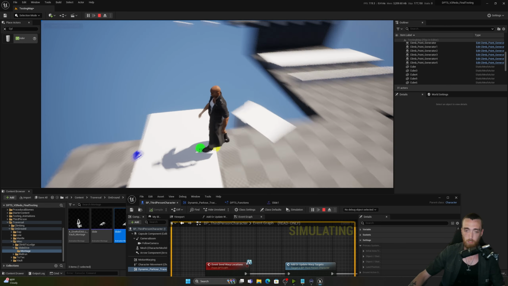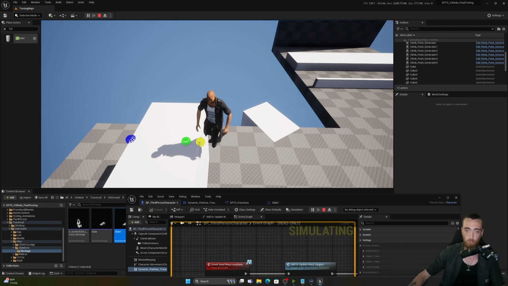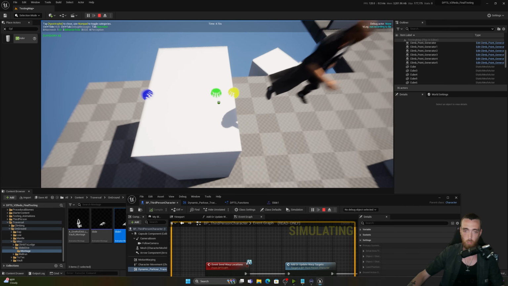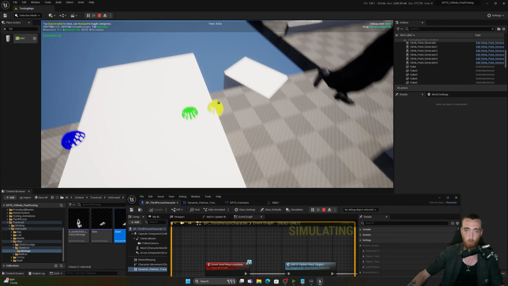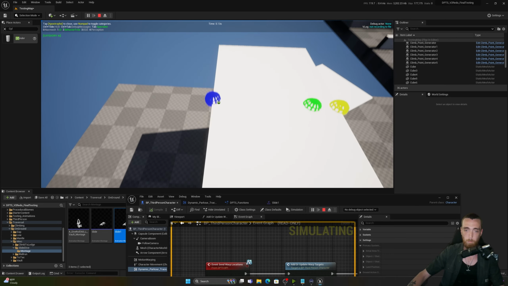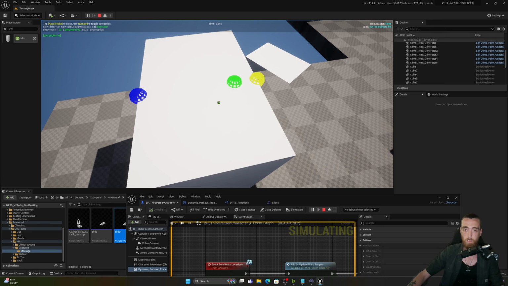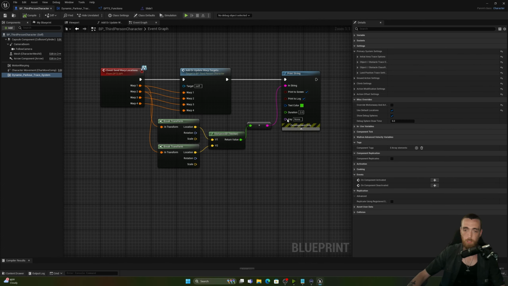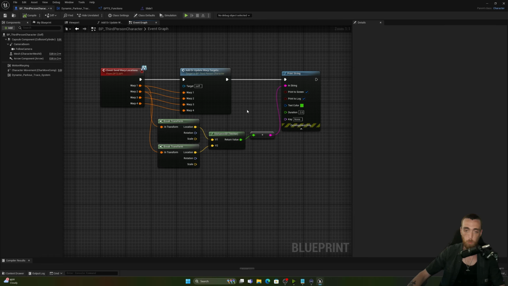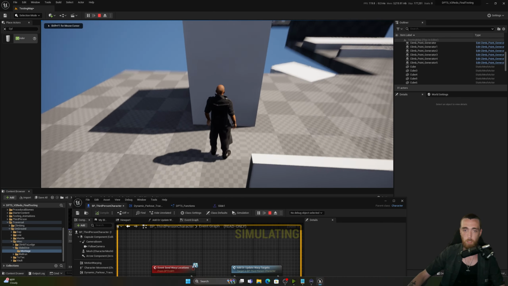So if I go ahead and just move my actor, slow things down so the debug spheres stay a little longer, you can see that we have the nice height point, depth point, and a land point. Now, another cool thing that we can do with this is get dimensions of objects using the system as well. So if I go ahead and hit play,